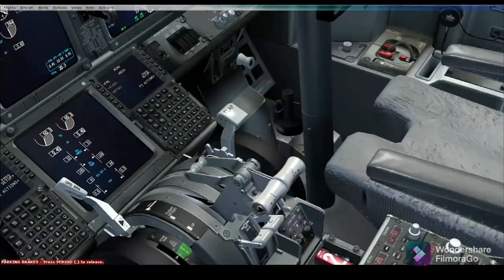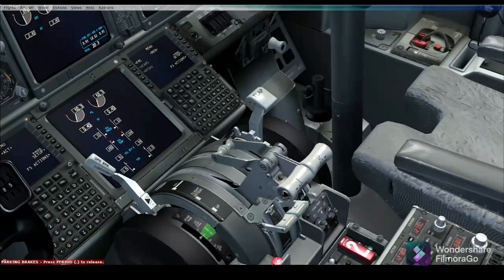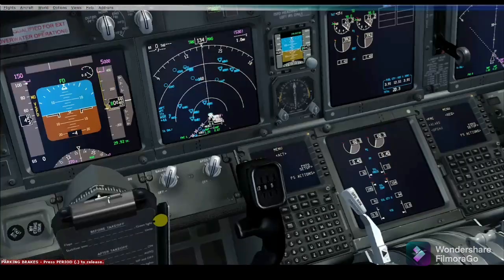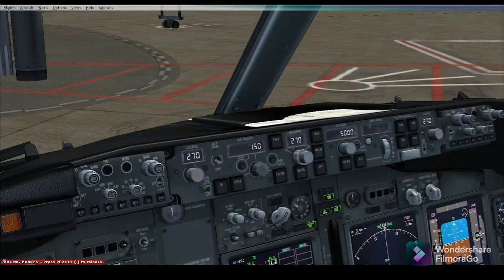So this is a small, healthy and effective aircraft of the Boeing 737-800 series. This is NG, which stands for Next Generation, and ER is the extended range aircraft of the Boeing 737-900, which I will cover in the next video.